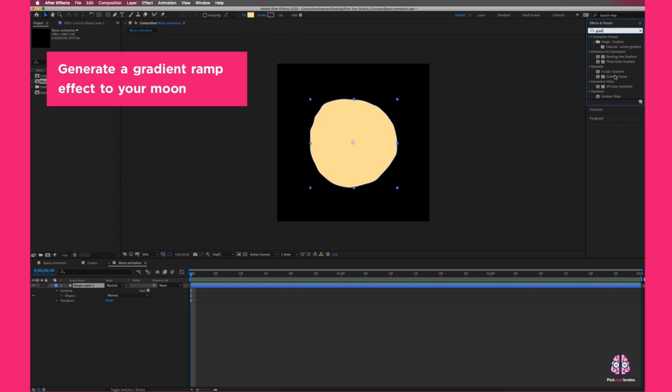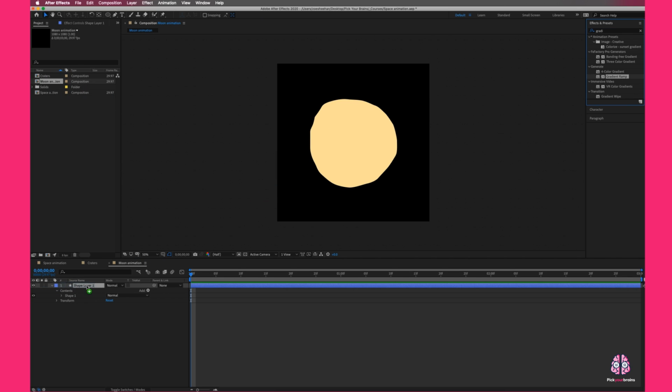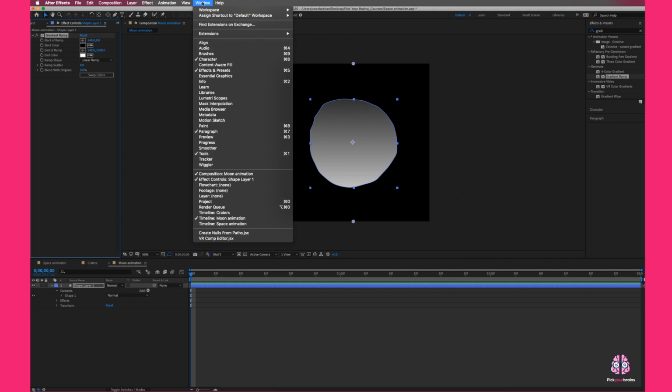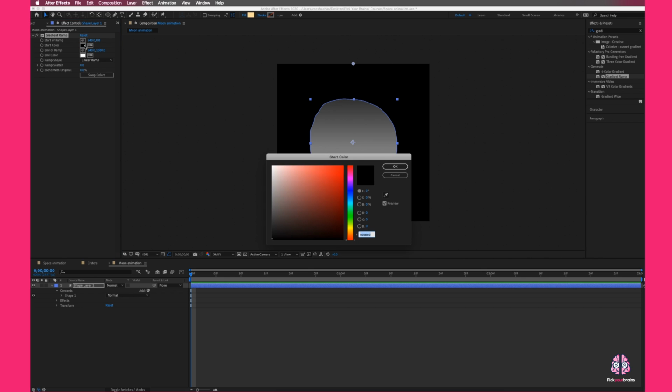It's under generate. You can pull this on top of your moon, or you can pull it on top of the shape layer, whatever you prefer. Then it should pop up in your effects controls over here to the left. If you can't see your effect controls on the left, click on Window and make sure this is ticked just here. So now we can grab that color that I had before,